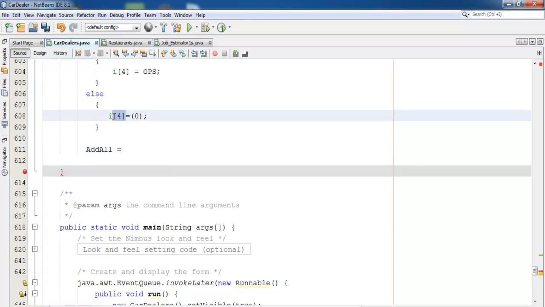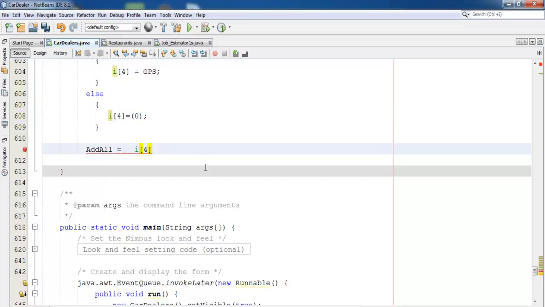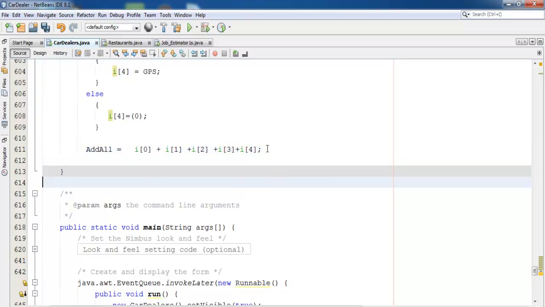So that will be 4 plus again, so that is, this will be 0, 1, 2, 3 and 4 there. So the values in here is now stored right here, so we now need to store this very